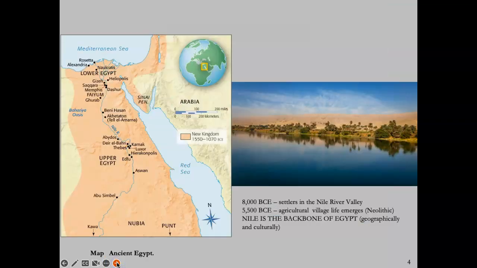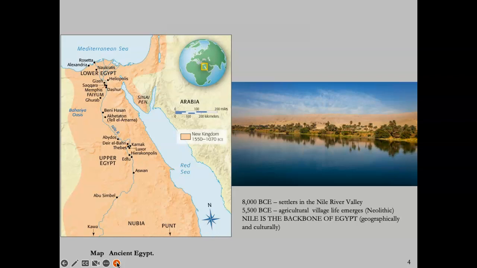Now, as I mentioned, the Nile is the backbone of Egypt. And I'm not just speaking about geographically or in terms of resources. Culturally, it also is the backbone of Egyptian life, society, history, and culture. It's almost viewed as a creative force in ancient Egypt. It supplies reliable soil, and it is a very predictable river, which provided stability.